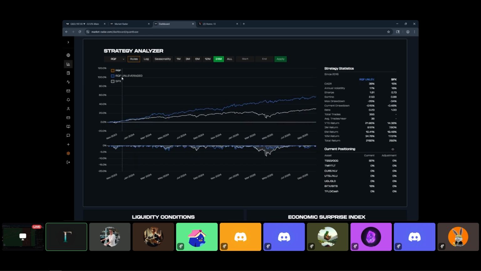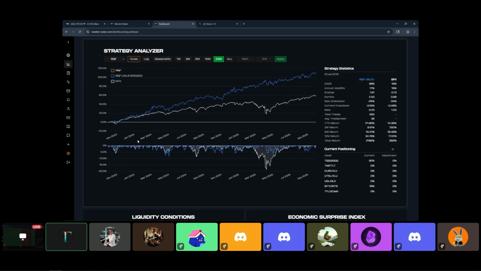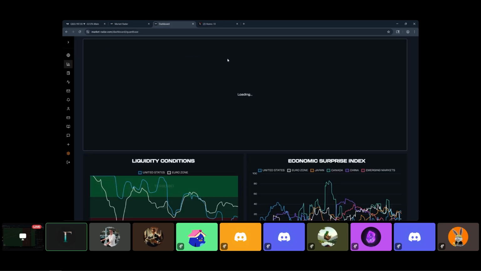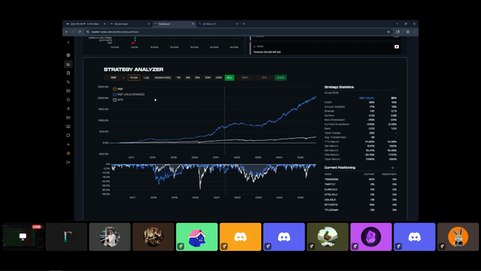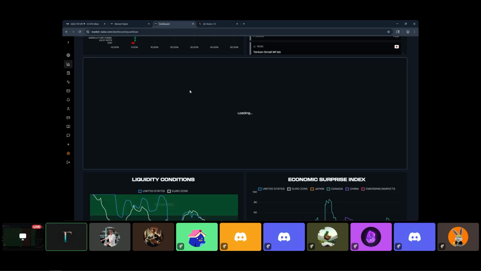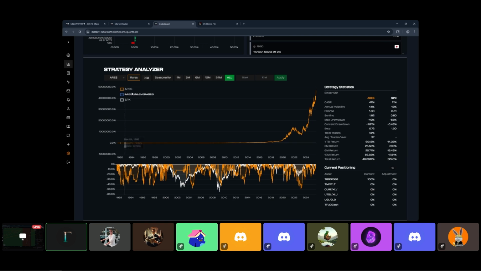The way that we look at this is if we can combine the models together over a long enough time frame, let's see if we can go all the way back to 2016 here. Actually, Bitcoin only came around in 2016, and even then it was a bit speculative in pricing. Let's go back to just equities only since 1991. And this is the model that we're trying to show here.